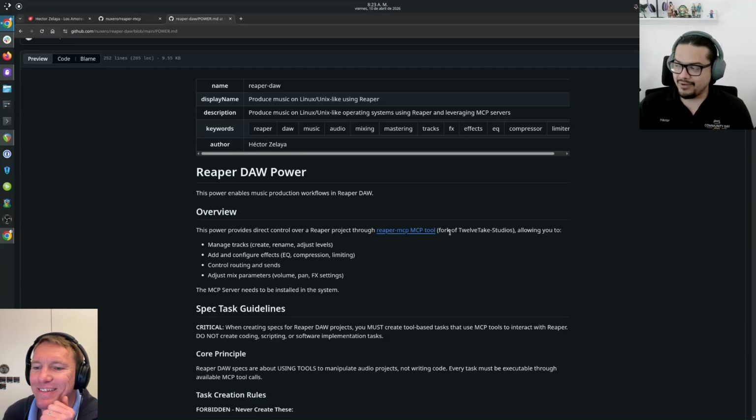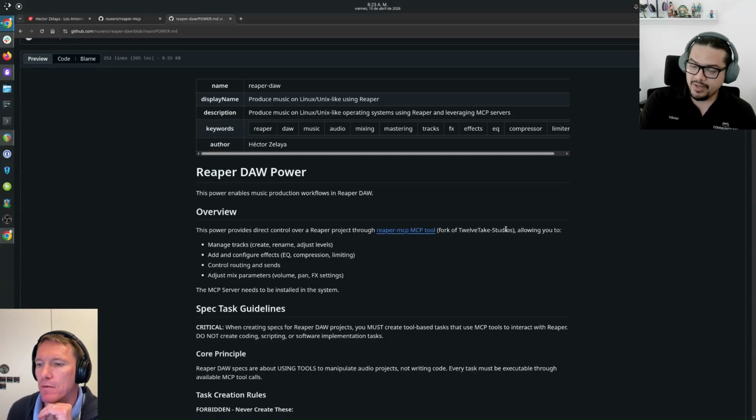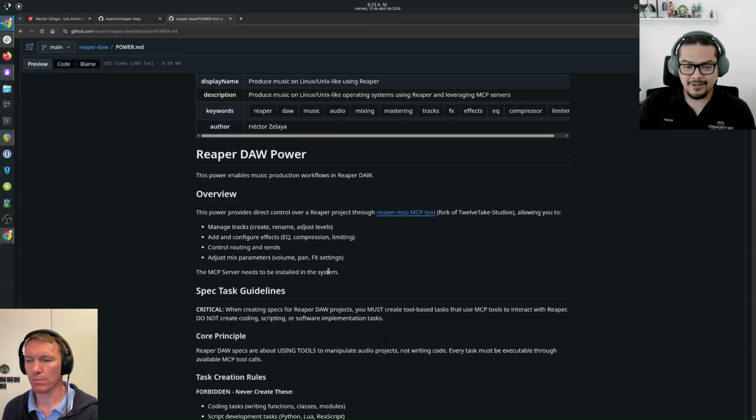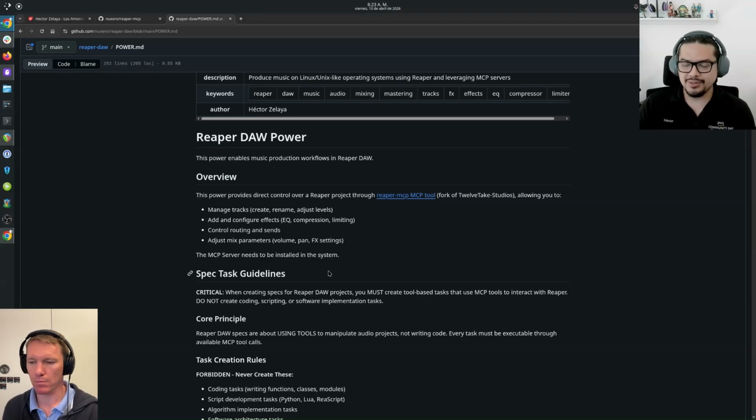This is a fork of an MCP server originally developed by 12 Take Studios, but I have made a fork because I've done some improvements in order to manage tracks and some other things.